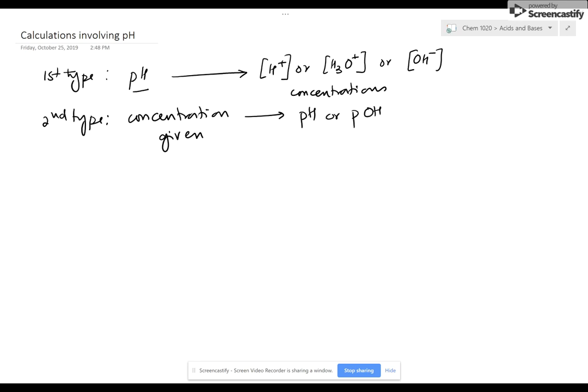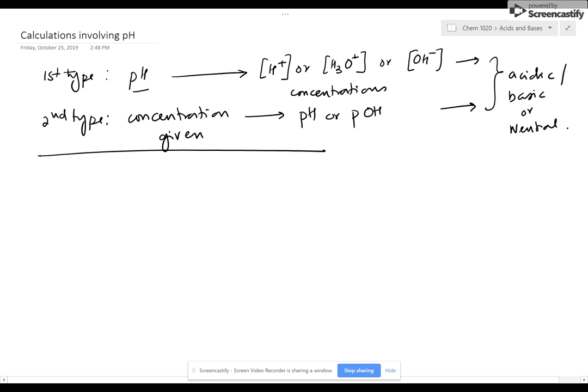And in either case, after you determine these concentrations, an additional question might be asked, and the question is the same for either one of these: is the solution acidic or basic or neutral? Okay, so let's take a look at a couple of examples. Example one, where they give you, let's say, a solution with a pH of